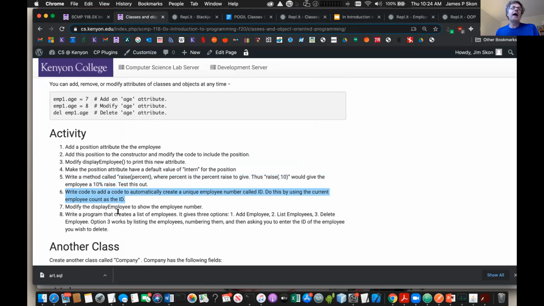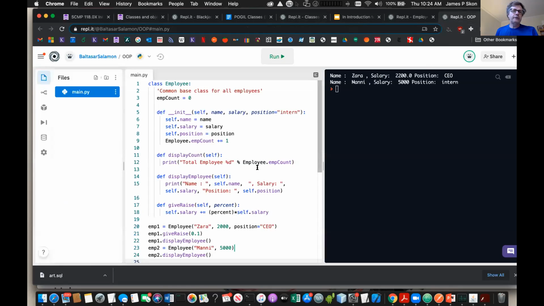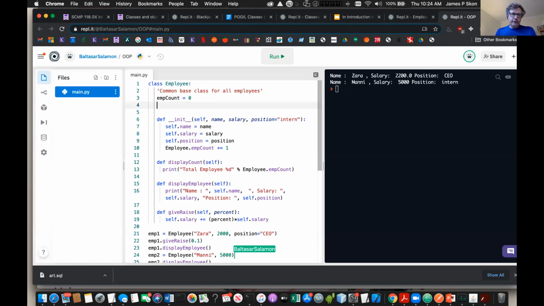Let's say we want to add an ID for each employee, right? Students have IDs, employees have IDs. Well, what we could do is we could have